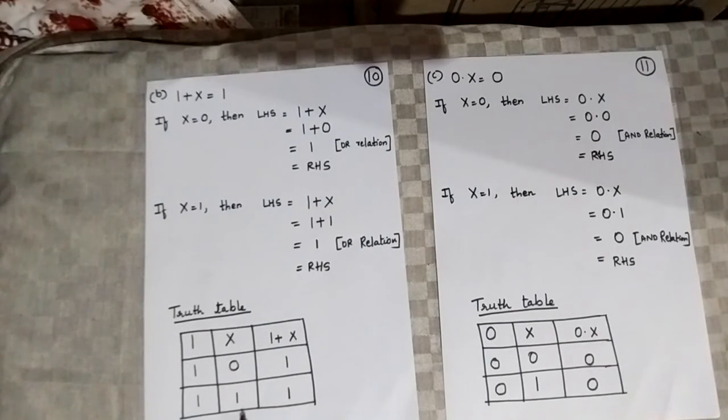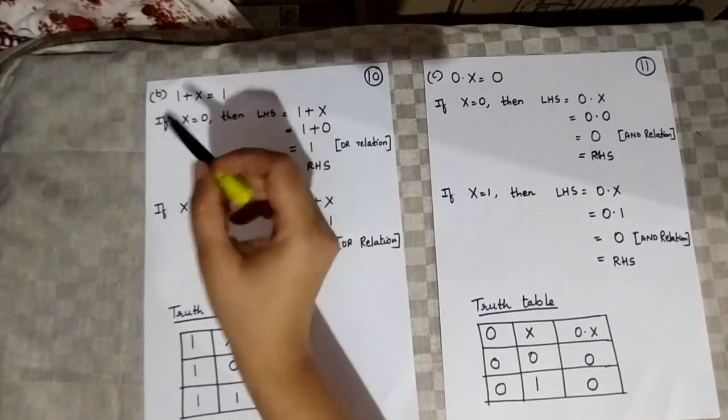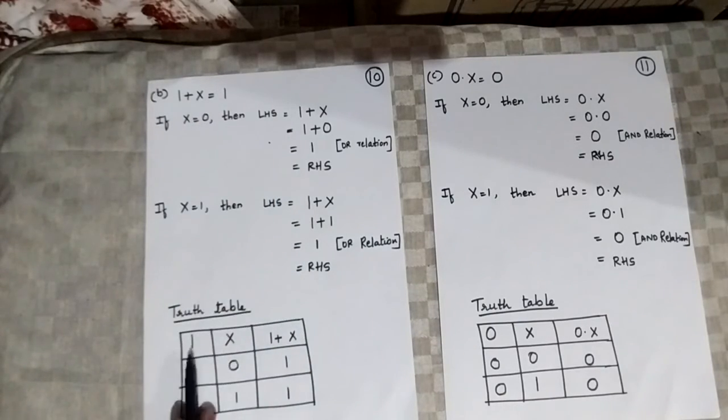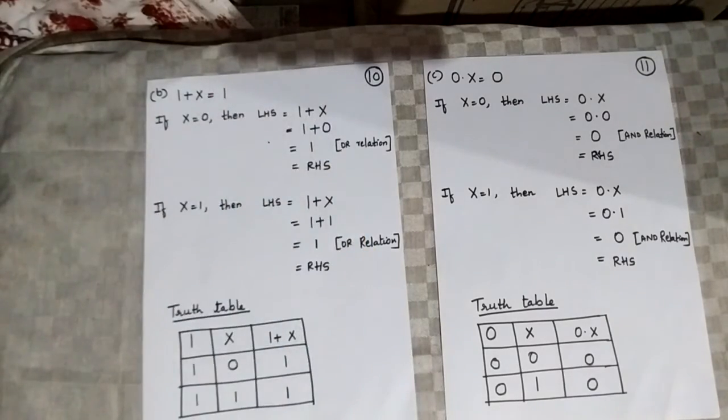Now coming to the truth table. So according to this expression on the left hand side, we are having two terms, 1 and x. So I am taking in the table 1 and x here. So x is given two values, 0 and 1. And 1 remains 1 only. So both the times we take it as 1. Next, perform this operation, 1 plus x. So 1 plus 0 results in 1. 1 plus 1 results in 1. So what we have got as the result here? 1. So this is equal to right hand side value. Okay. So I hope you are clear with the second property of zeros and ones.